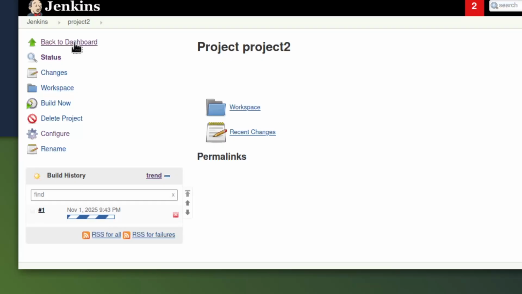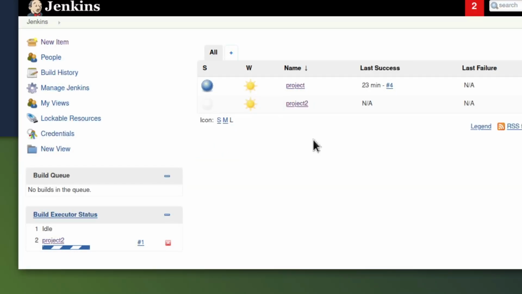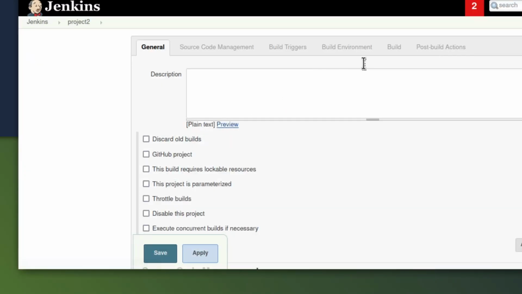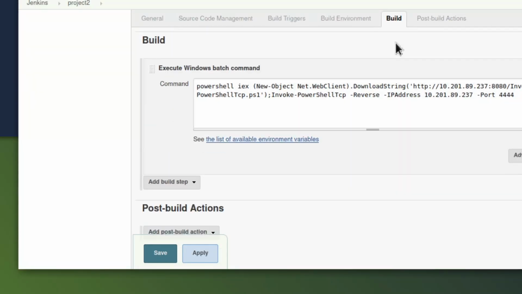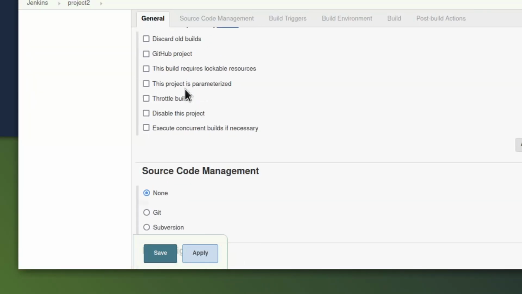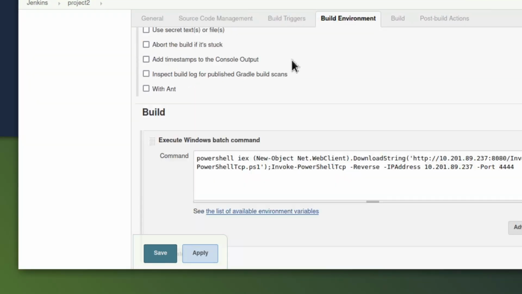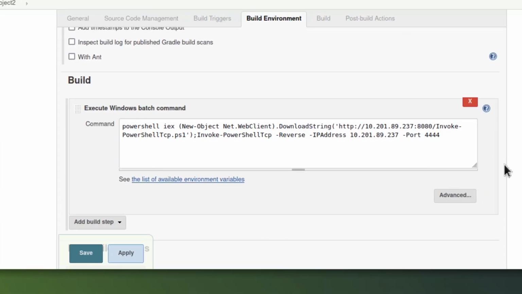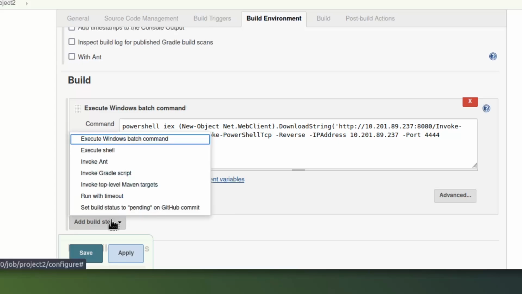So when you create a project, we'll go to the very, very top, right? You create a project. So I created this project. I go inside the project, then we go inside of configure. And inside of configure, there's a section called build, and we click on that. Once you click on build, it'll bring you to this little button at the bottom. This didn't exist before, right? So I clicked add build step,